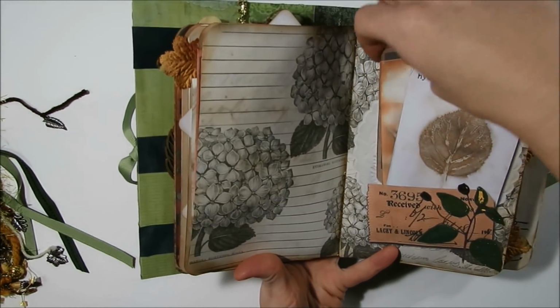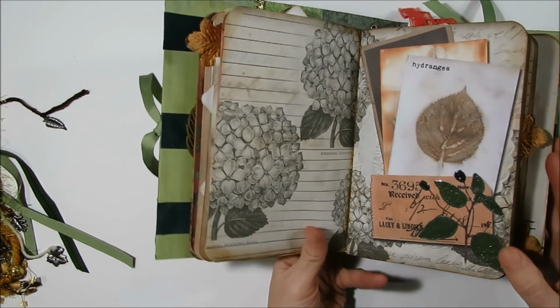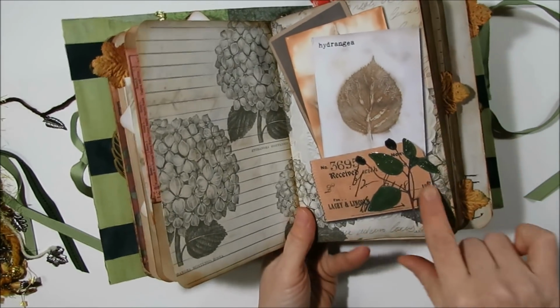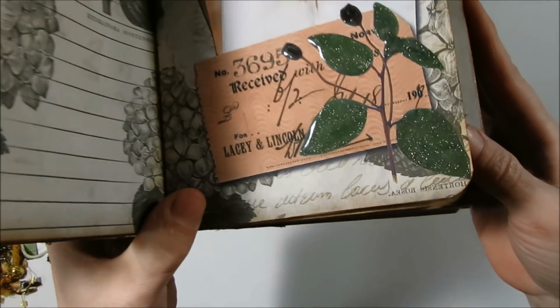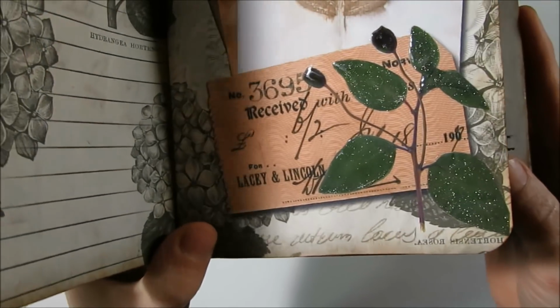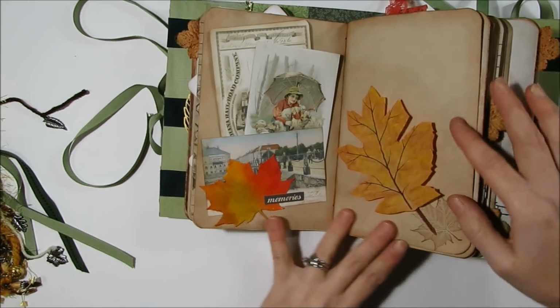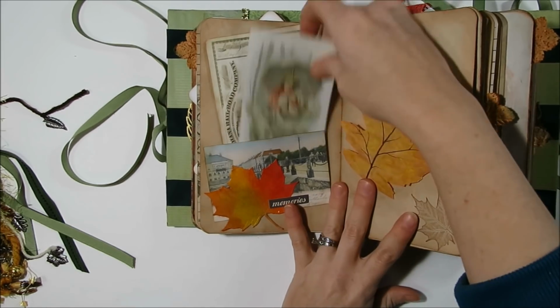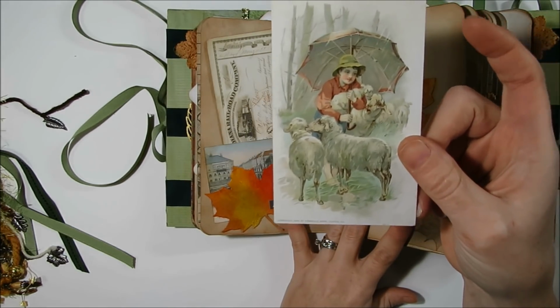Here's another one of those little hidden tuck spots. Also throughout the journal, on some of the leaves, I did add Wink of Stella and then some Glossy Accents over them. It just was kind of a nice little effect. Another leaf. Here's one of my first vintage or ephemera pieces, this piece right here, and I found this